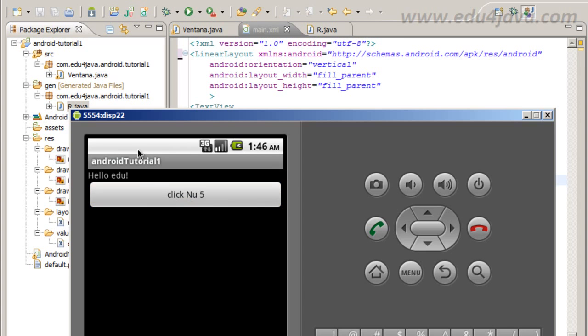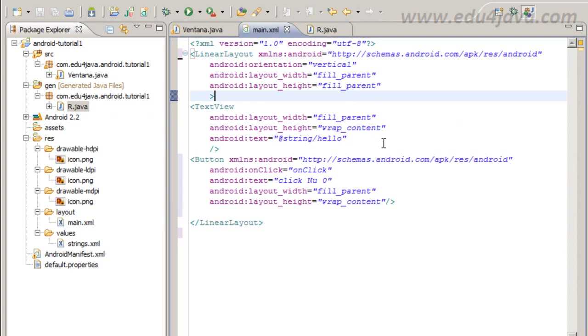Okay, everything is working. As you can see, today we worked with Java and with XML,